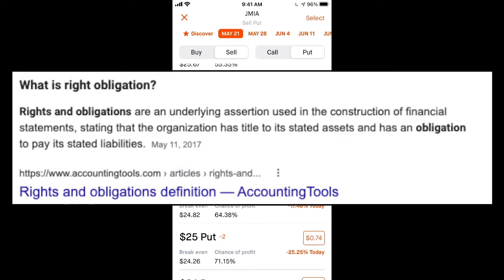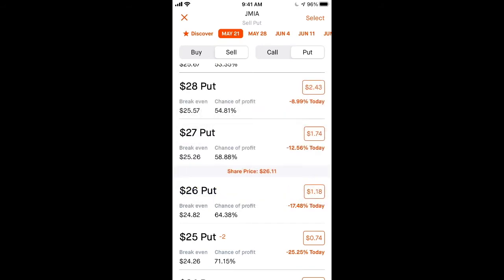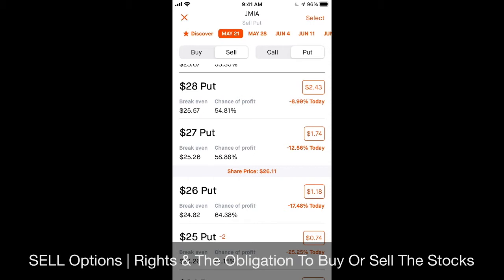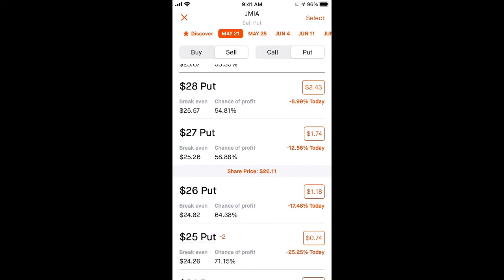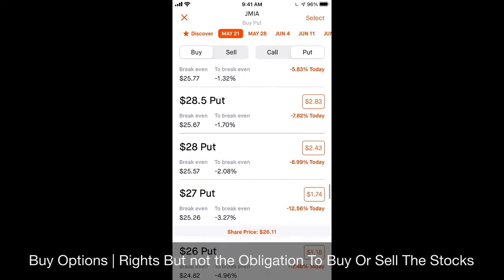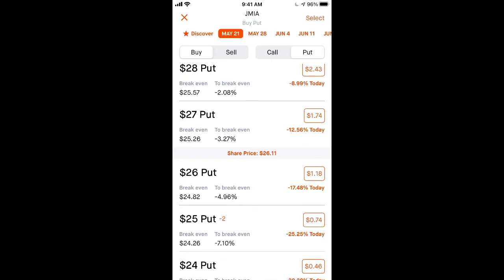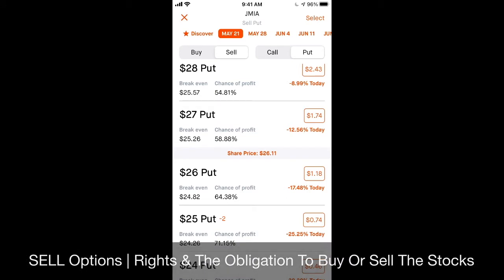But with the sell section, when you go to sell option, you have the obligation. I think that's the biggest. That's the two biggest things that you can take out of this video. When you are buying options, you have the right to buy the underlying stock, but not the obligation, right? This section here, any of these ones that says $28, $27, is when you're buying options. The key point is you have the right to buy the stock, but not the obligation. And with the sell section here, you have the obligation to buy or sell the stock,